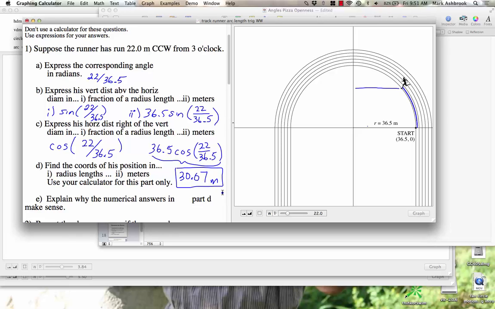Okay. Looking at where the runner is, does it look like he could be about 30 meters over? Yeah, because the whole way over is 36, and he's most of the way, right? He's most of the way. So 30 seems like a reasonable amount of 36 that he is to the right. Okay, there will be